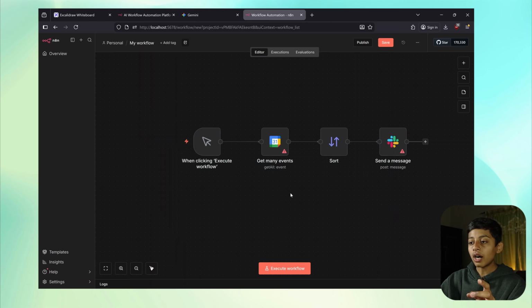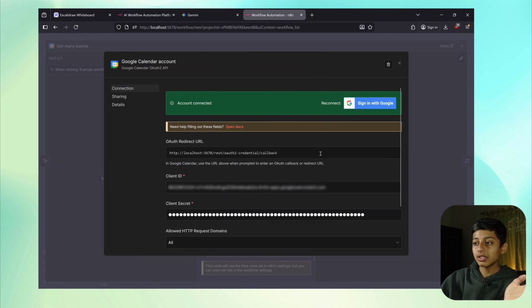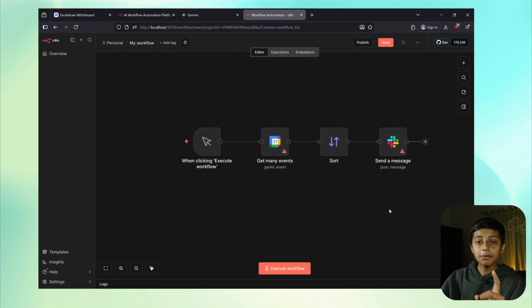Now you will be wondering, how do I connect these software nodes with my own specific account? For this, those softwares have created a secret password that they call an API key. You can go onto their software and get the API key and give it to your calendar or any other specific tool, and then you can connect it to your specific account. For getting this password of a specific application, you have a lot of videos on YouTube where you can search and just get the password and paste it inside N8N.